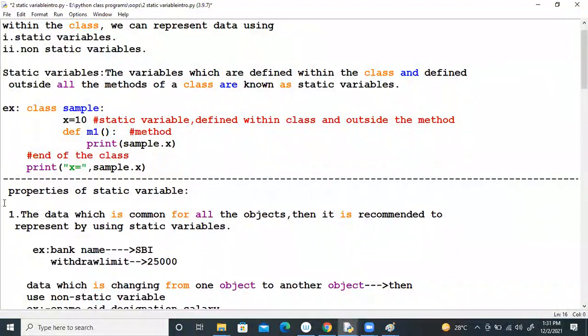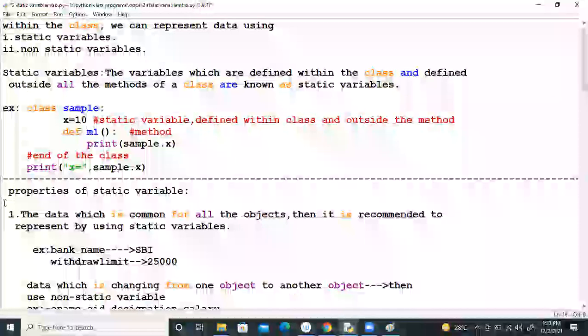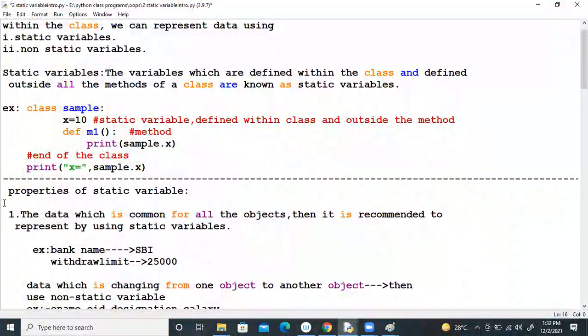Take the properties of the static variable also. That the other example, this statement also, which is common for all the objects. One second, I'll do it. And first,